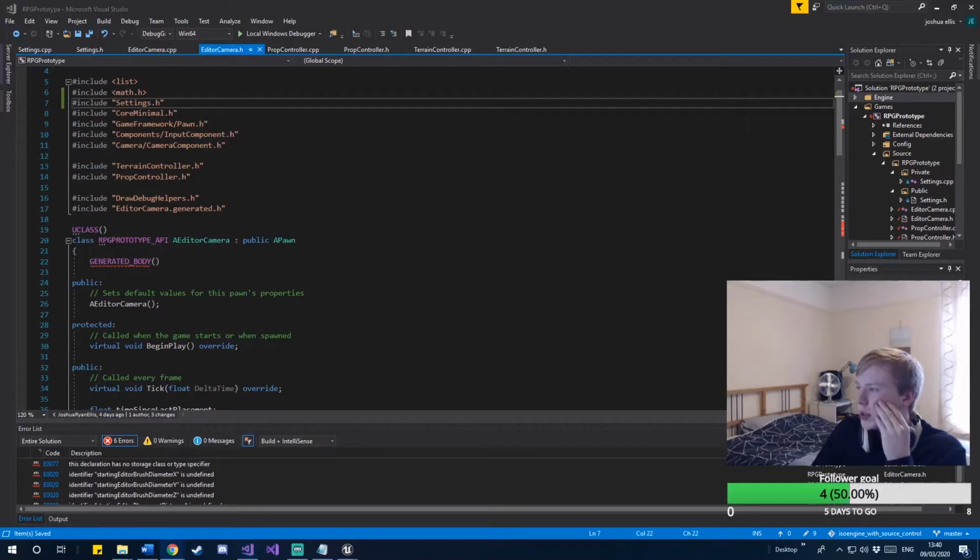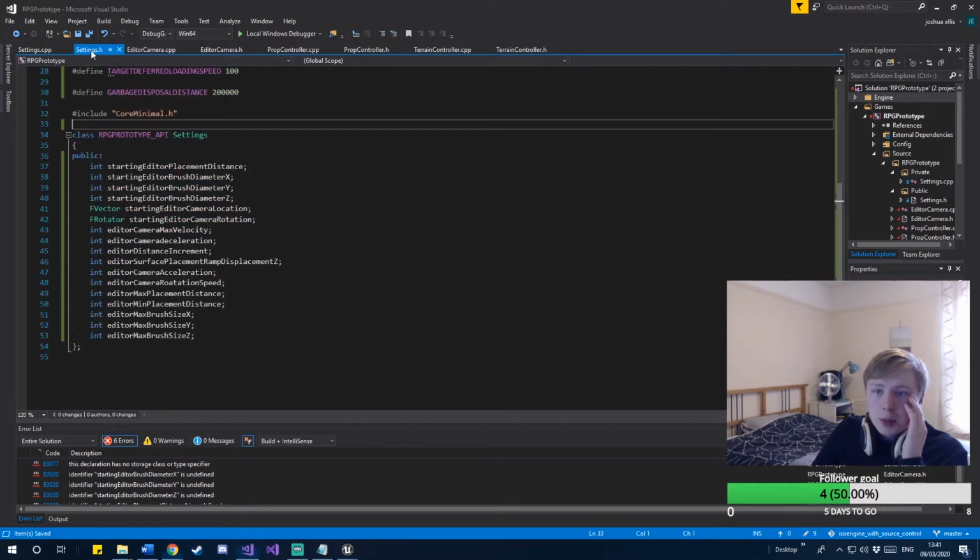Let me just double check what this email said. So I had an email that basically clarified how this should have worked, and I'm just going to read it now to make sure that I'm doing it properly. These declarations should be marked as extern. Right, so I actually need it the other way around. So I'm going to